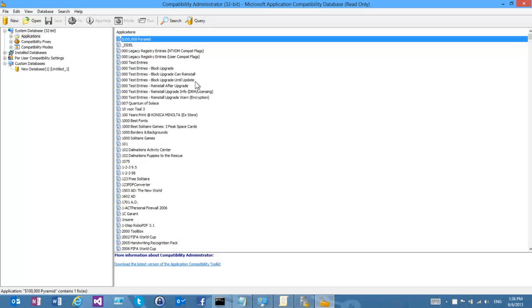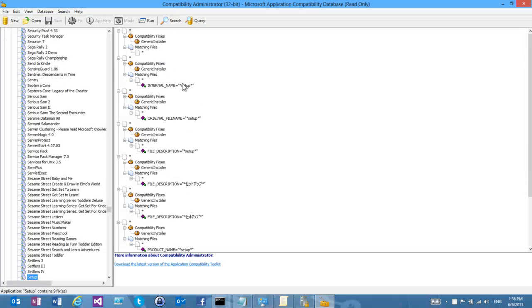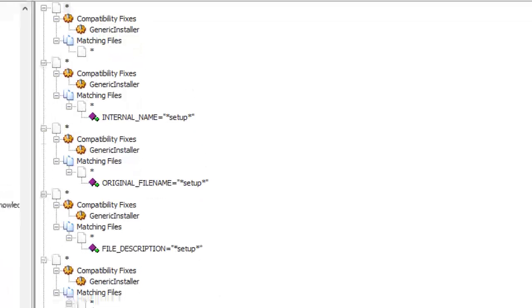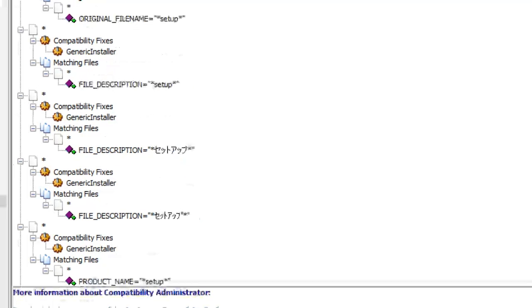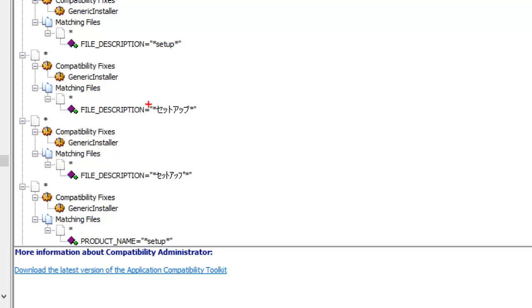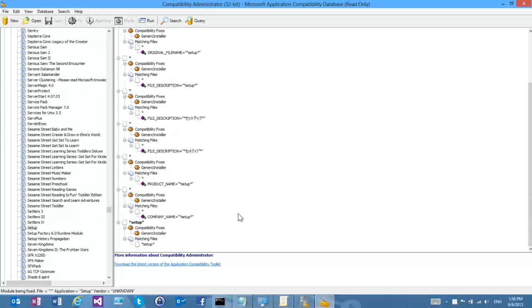How do we find them all? Well, we can't tag every single one in the world, so we run some heuristics. Turns out those heuristics are visible inside of compat-admin. You can see how very complicated they are. Turns out we're looking for the word setup in a bunch of different places. And if you happen to speak Japanese, we also have both full width and half width katakana looking for setuppu. Look it up. And we also look for it in the name.